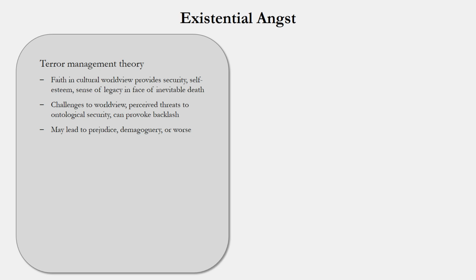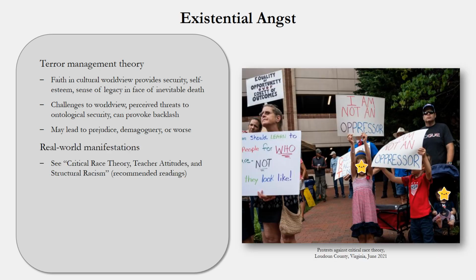At its worst, this sort of glorified self-preservation instinct can end up endorsing genocide and other mass atrocities. Of course, it doesn't necessarily have to go that far in terms of leading to genocide per se. For example, a real-world manifestation of terror management theory in education can be seen with the ongoing political debate over the role of critical race theory in schools, and the backlash it's provoked, especially from more conservative segments in the United States. I reference here another one of our recommended articles this week,